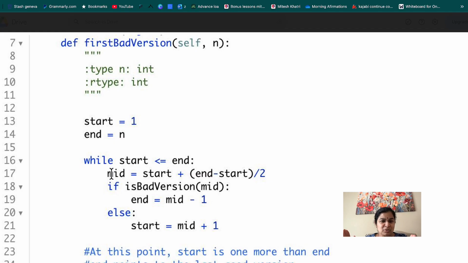From 1 I cannot go to -1 or 0, so it has to come this way. And this pointer cannot go this way, it can only move this way. So end will have to keep decrementing and start keeps incrementing. Visualize that. And when start is less than or equal to end,